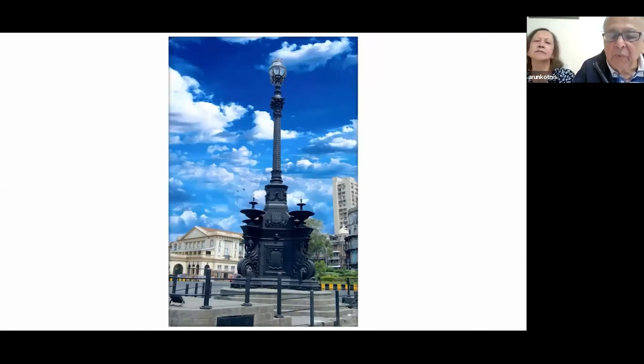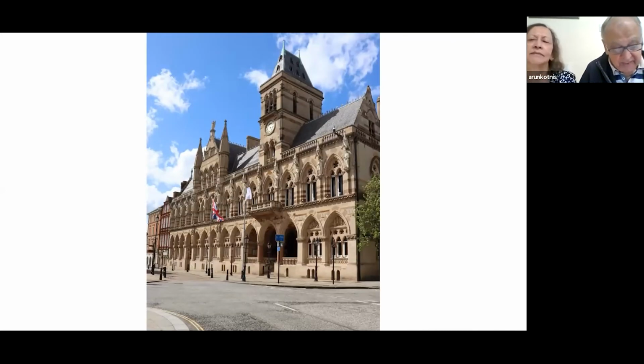We now move on to the connectivity, as Jyotsna said, there is a lot of connectivity. We found, of course, the connectivity between Dr. William Carey and Eustace Carey, but we also found the connectivity with the Town Hall, which is Northampton's Guild Hall. Now, this is a beautiful Gothic revivalist building, which was designed by Edward Godwin and Matthew Holding. At the same time, of course, in Mumbai, some masterpieces in Gothic revivalist architecture were being produced by Frederick Stevens and people like those. And in this picture, the local, at that time, Member of Parliament, Charles Bradlaugh,